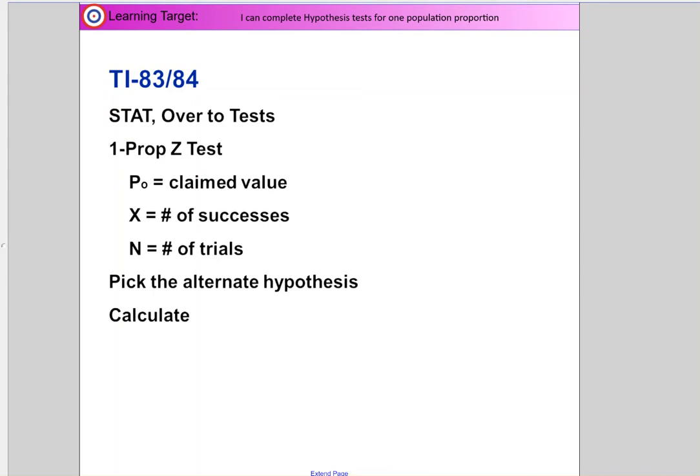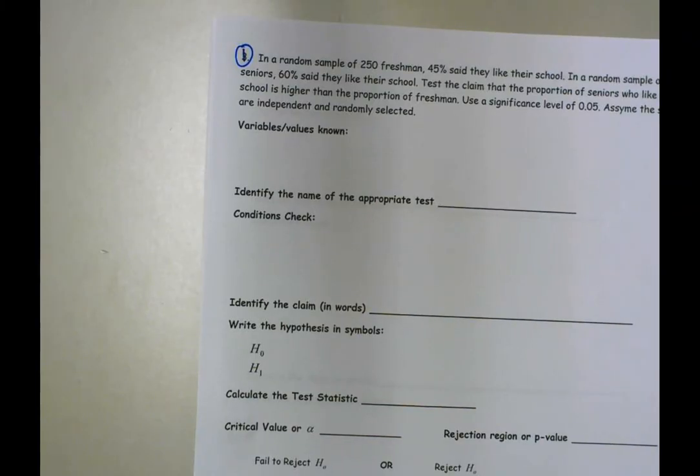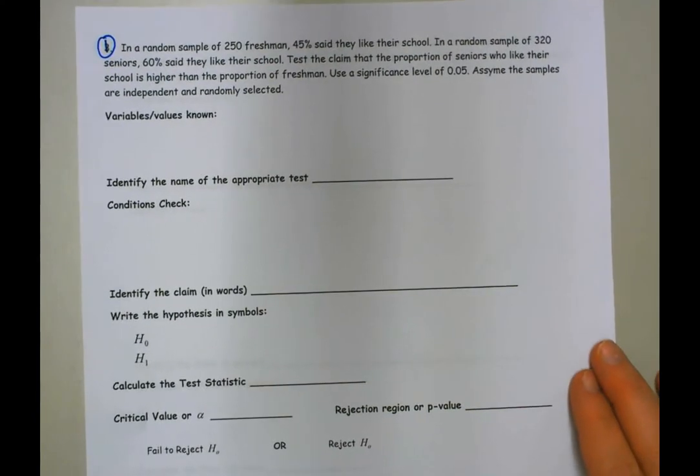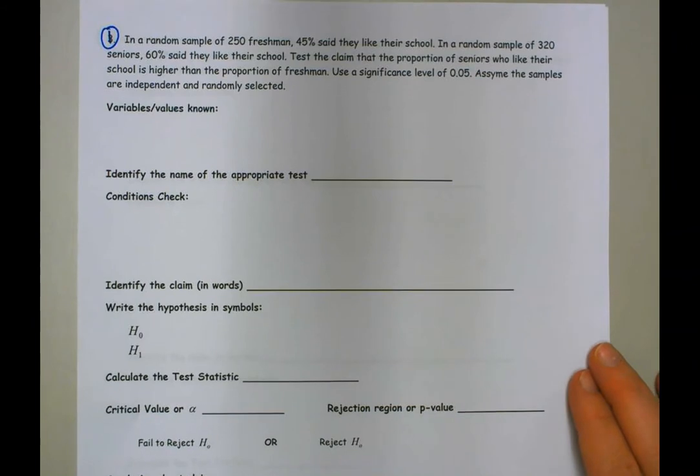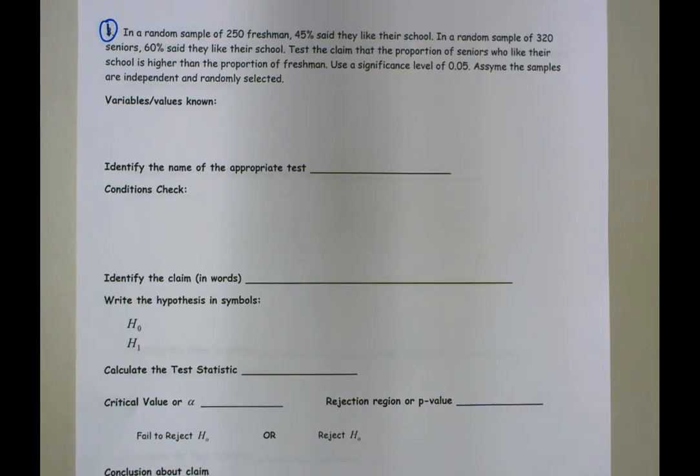So in your notes, go to page 160, and we will look at an example together. Hopefully with some examples, it will help you see what I'm talking about. So go ahead and turn to page 160. Kind of in the middle of the page, you should see this example. It says, in a random sample of 250 freshmen, 45% said that they like their school. In a random sample of